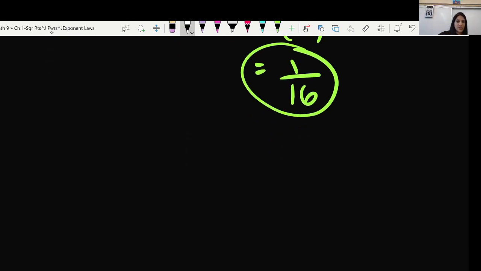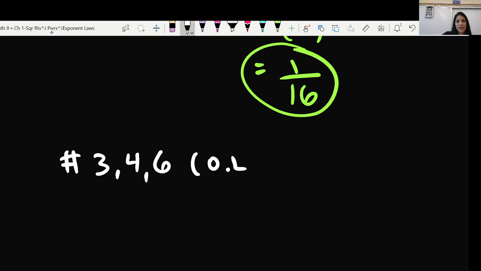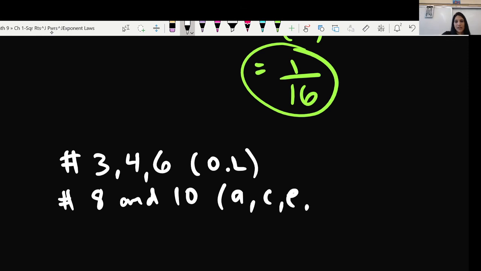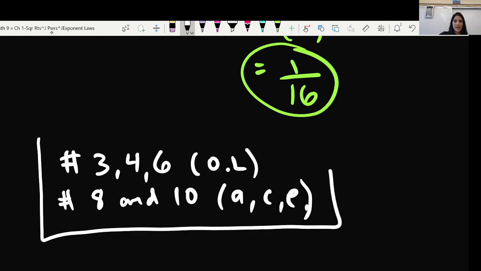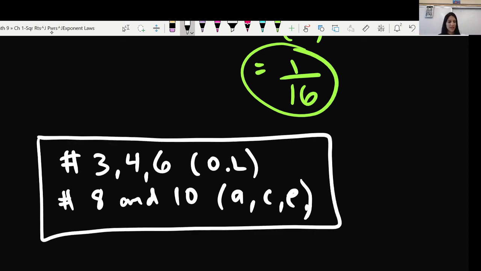Okay, so the questions that I want you to work on are numbers 3, 4, and 6. I want you to do the odd letters, so a reminder that that means A, C, E, G, etc. So you're skipping letters. And then for numbers 8 and 10, you're going to only do A, C, and E. So you're not even going to move past that. So that should give you good practice on this, and I hope you found this